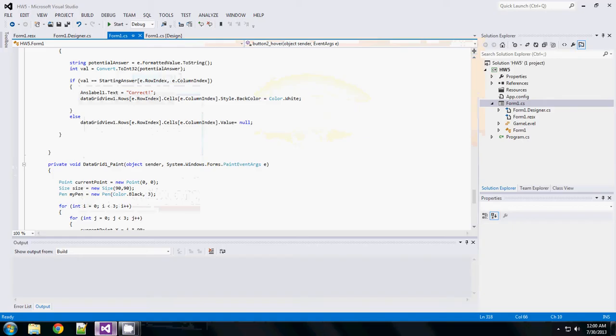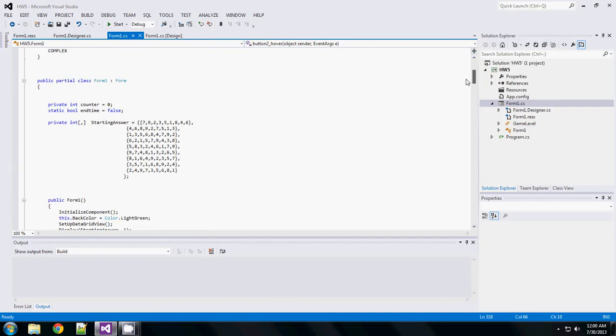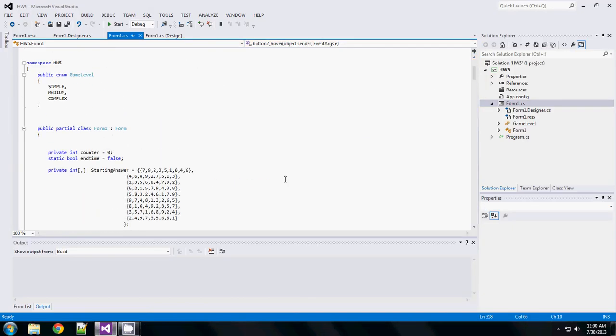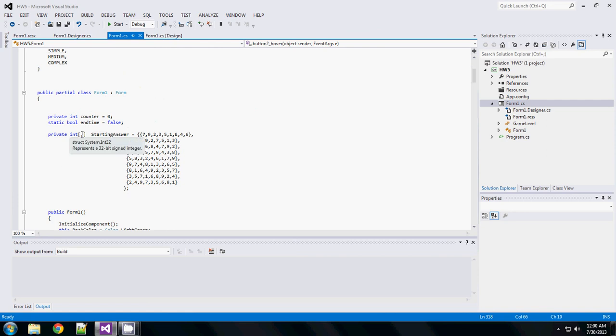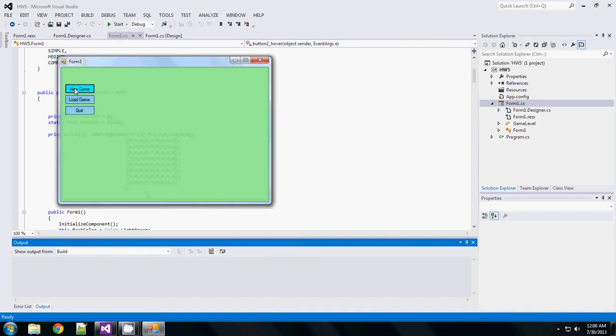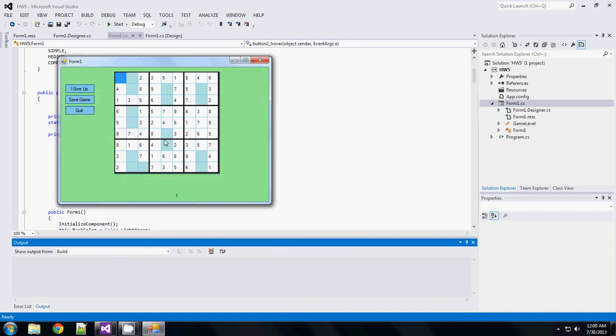A quick overview of my code. For the data grid, I stored all the answers in a two-dimensional array. I read those answers into a data grid, and based on the difficulty that the user selects, I convert individual cells' value to null and set the background to this powder blue, and I have